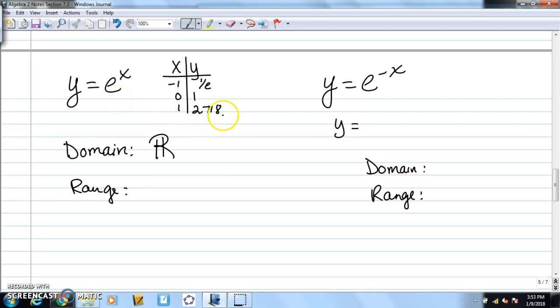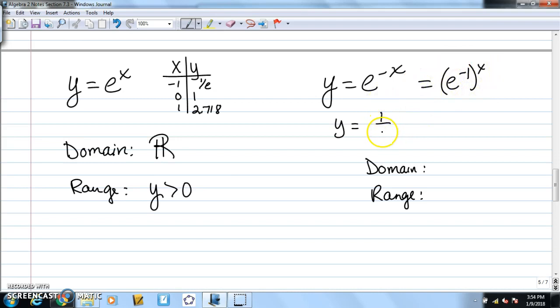My range, what's going to happen here again? Just like before, they're all going to be above the x-axis. So that means all my y values have to be greater than 0. Okay. Now this one, again, the negative x here really means that this is e to the negative 1 to